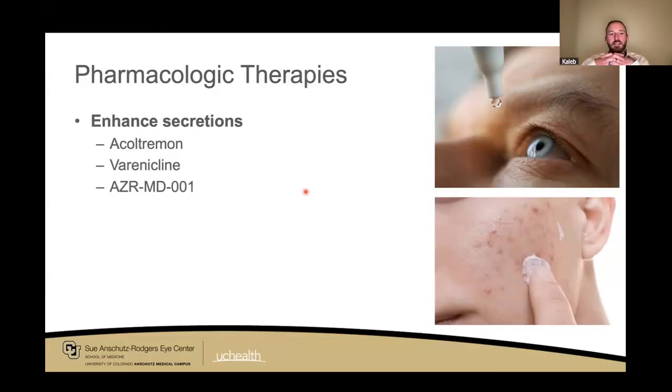Could we enhance secretions? Well, there are 2 different drugs on the market right now that are immunomodulators. One goes in the nose, one goes on the eye. Theoretically, that could enhance secretions from the meibomian glands. If you stimulate the trigeminal nerve to do that, theoretically, the meibomian glands are innervated by the trigeminal nerve, and you could then end up increasing secretions. And then there's that drug coming out in 2027 that I think is going to do a phenomenal job at